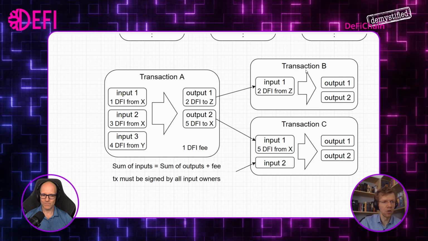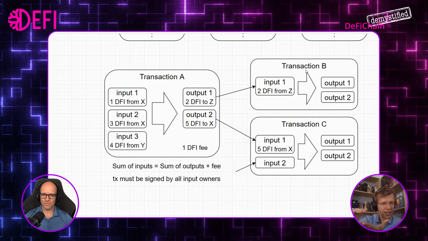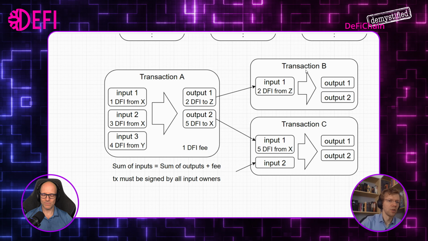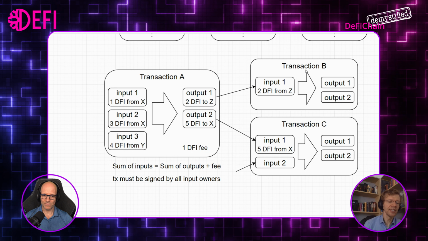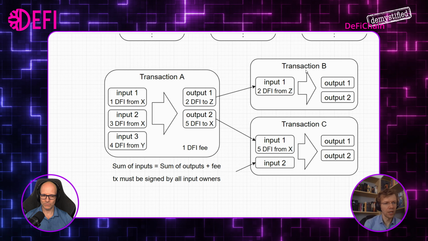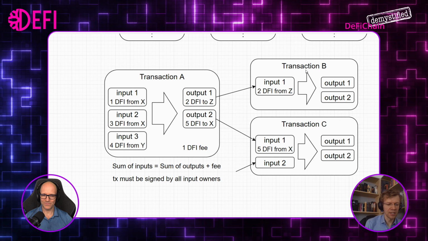And when they send it to the cold wallet, they take all those inputs and consolidate them to one output of the cold wallet, basically. So you have a huge amount of inputs and one output. That's also what you see when you have the light wallet. Now we are back to DeFiChain, kind of, because in the desktop wallet,